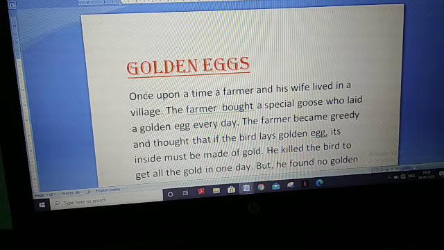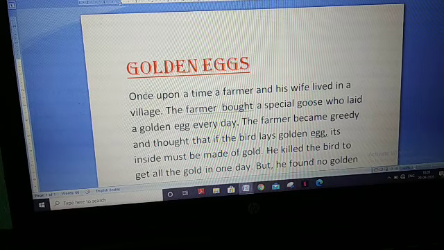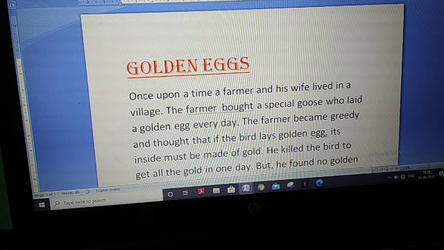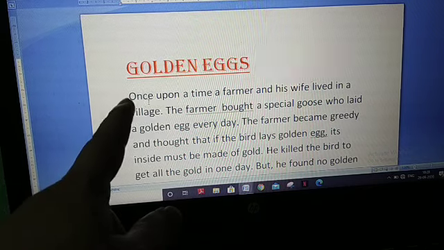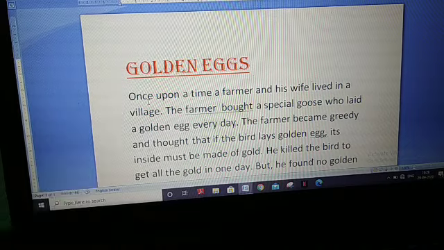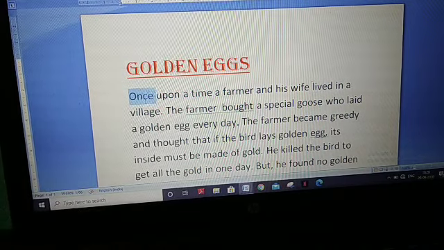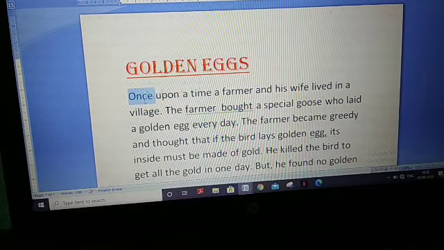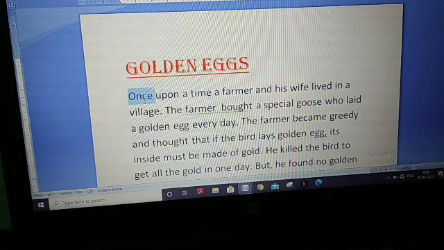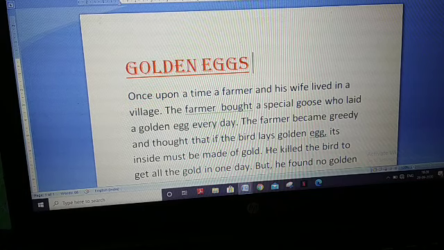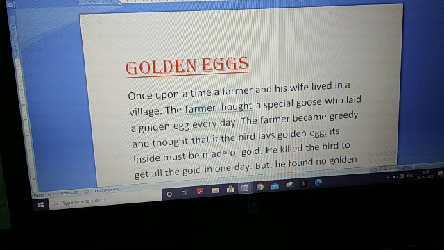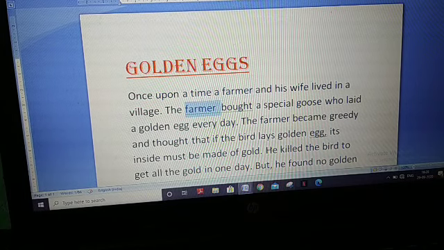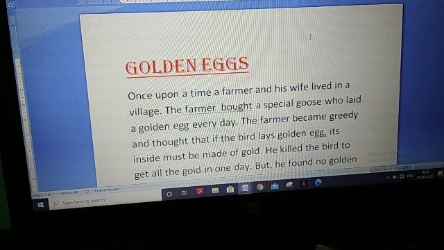So through mouse, if you have to select a word, do double click. First you bring your cursor over the word once. I brought my cursor on the word once. Okay, double click. So that word is selected through double click. To select word we have to do double click over the word. Understood? Again you see farmer. Bring cursor here, double click. So to select word, double click.